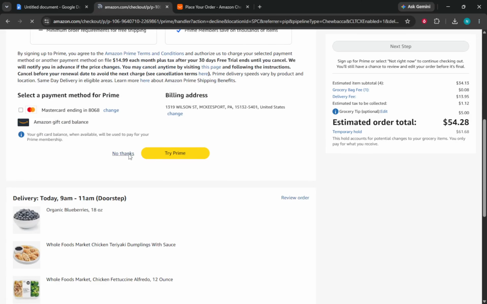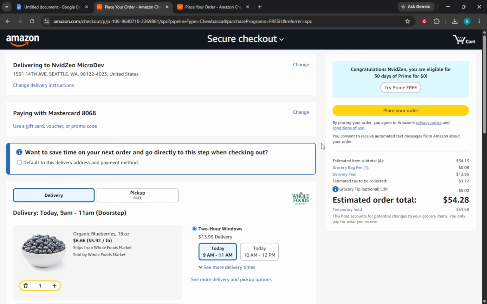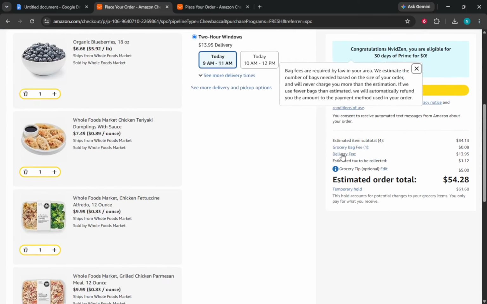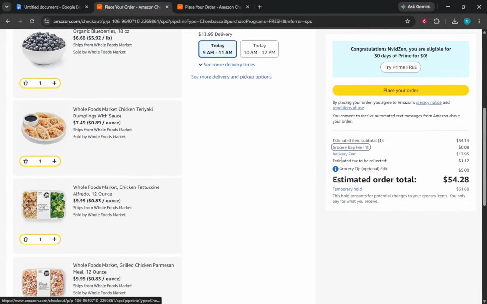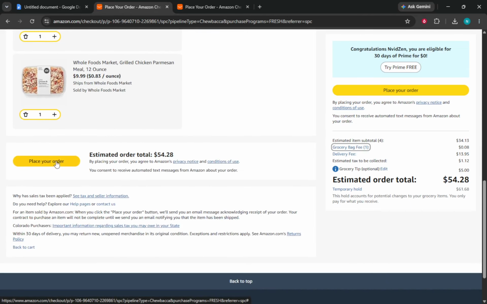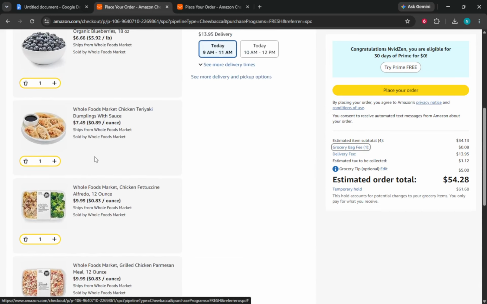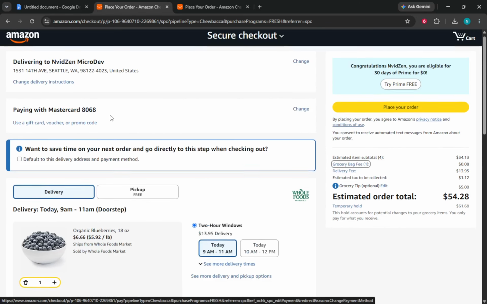To add items, return to the Amazon Fresh store. This allows you to browse for additional products. After you find what you want, add them to your cart and select Add to Fresh Delivery. Orders that can still be modified usually display a message saying you can still add to this delivery. This is reassuring as it indicates that you can still make adjustments to your order without any hassle.